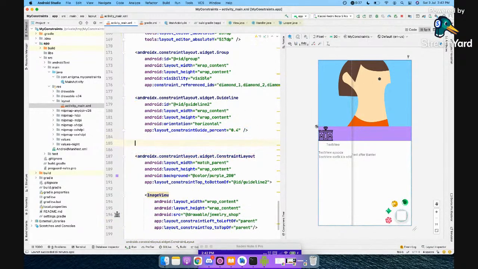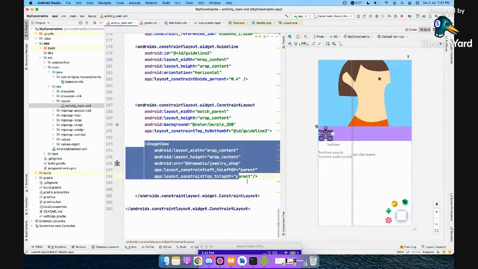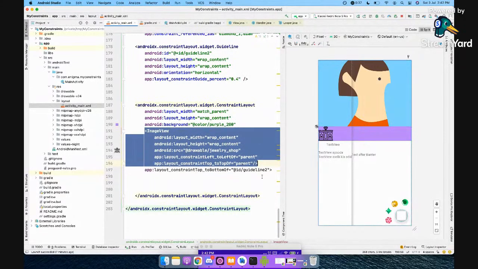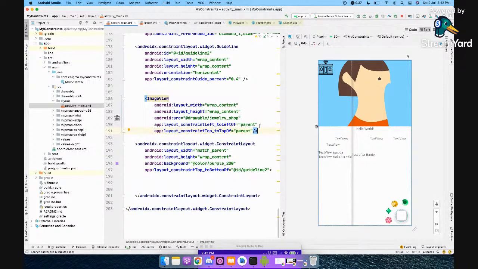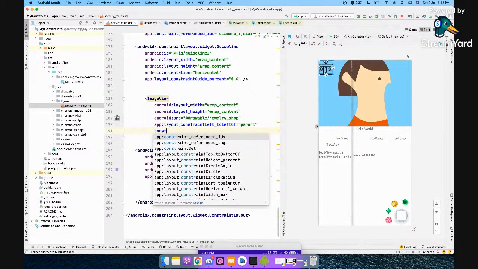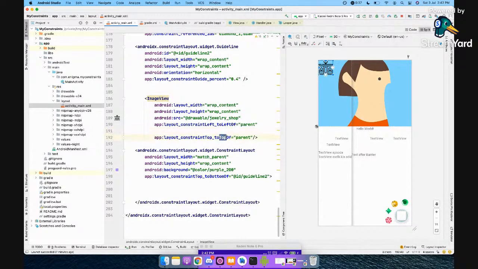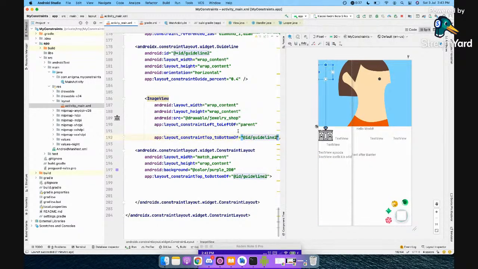So this can be done, or it can be bordered, or it can have those rounded borders or anything. You do not need to do this. I'll just show how you can achieve this without the nested constraint layout. Okay? So you have this particular image view, and I want a purple background to this entire row, right? So what I'll do is I'll just put the constraint top to bottom of, yeah, top to bottom of, I'll just say guideline, right?